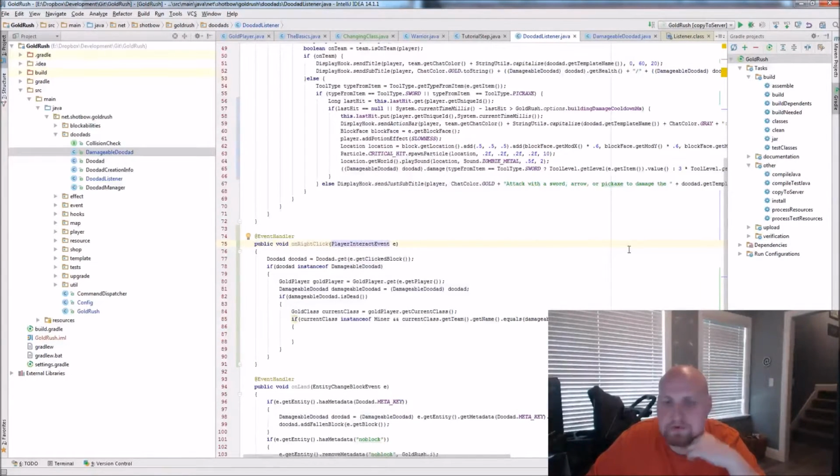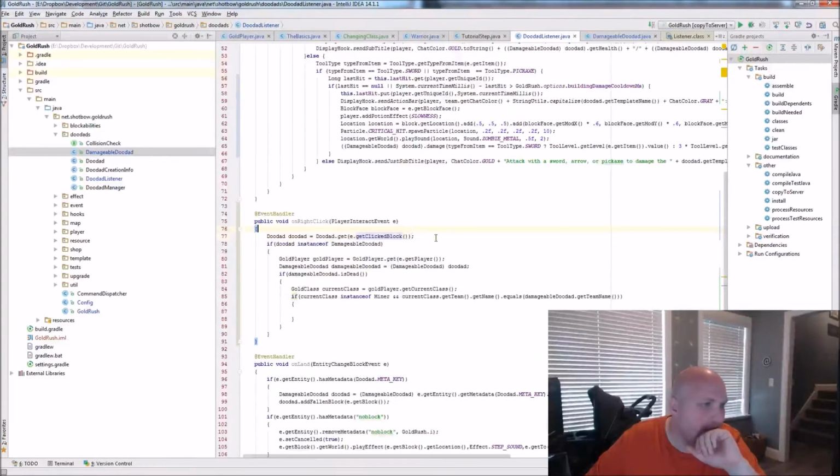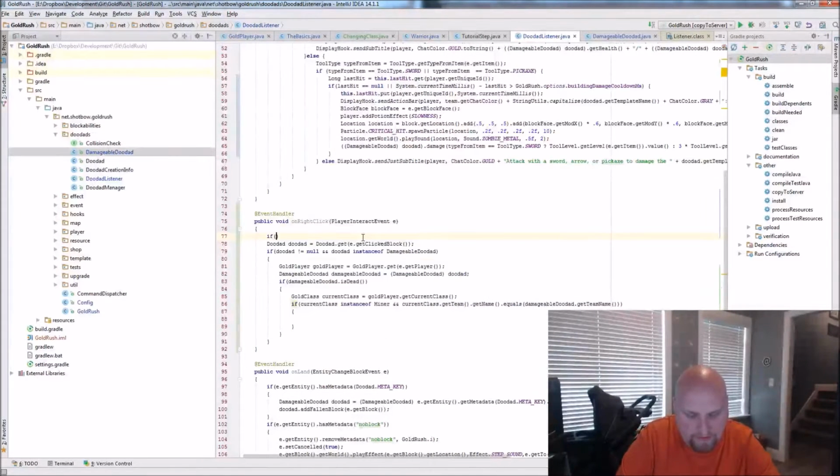So this is the player interact event, which is one of the most straightforward, simple events that basically says a player interacted with something. They right click, they left click, they stood on a pressure plate, anything here. And so in that interact, we want to check if that's actually a doodad. If doodad does not equal null. That was my bad, because I can't guarantee it's going to be a thing. Oh, I should probably go in. Okay. If e.getAction equals right click block.